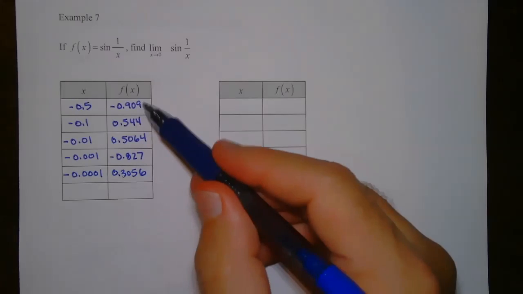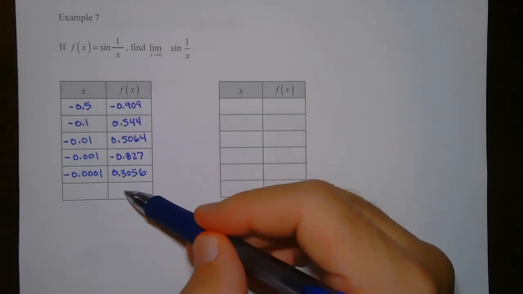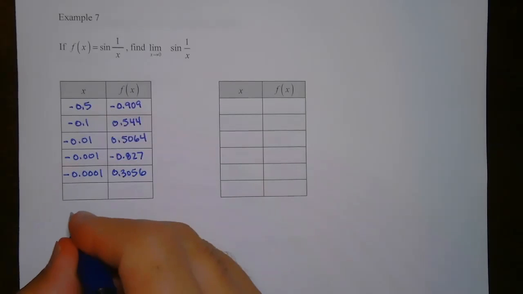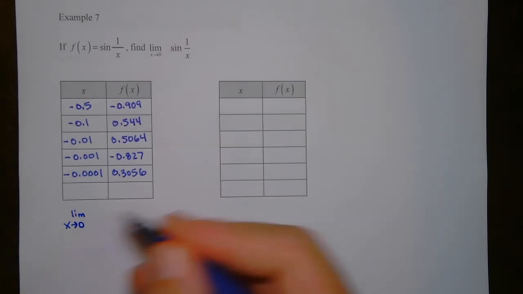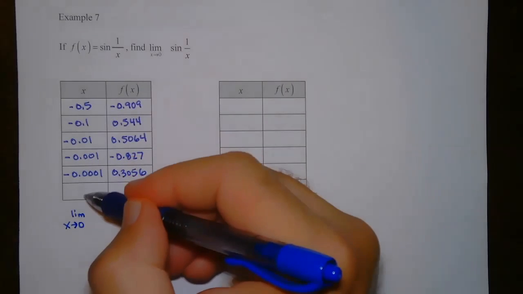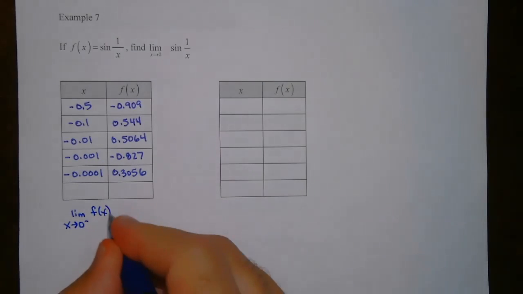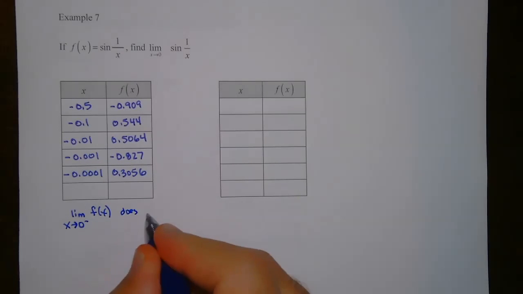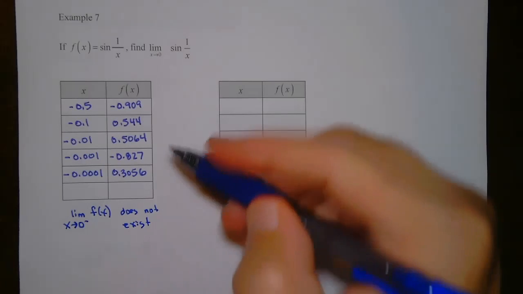Now, this is not approaching infinity. These aren't getting bigger, either in a positive way or negative way. And actually, they're jumping around, right? Sometimes they're negative, sometimes they're positive, right? So this limit, and what we did here is we're finding the limit as x approaches 0. And how are we approaching 0? We're approaching 0 from values that were smaller, right? So that'd be to the left of f of x. And we would say this does not exist